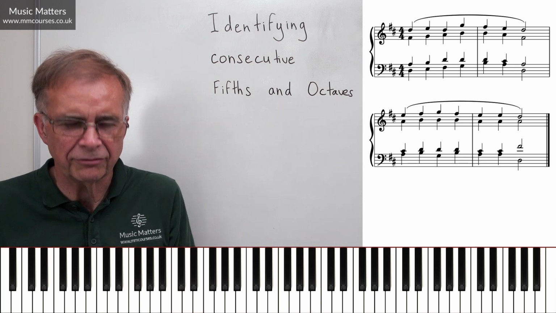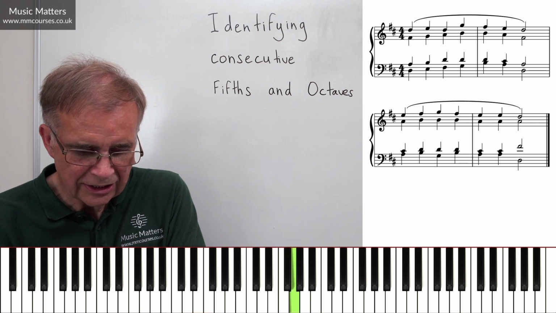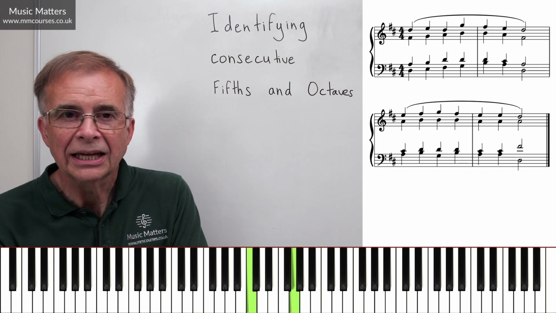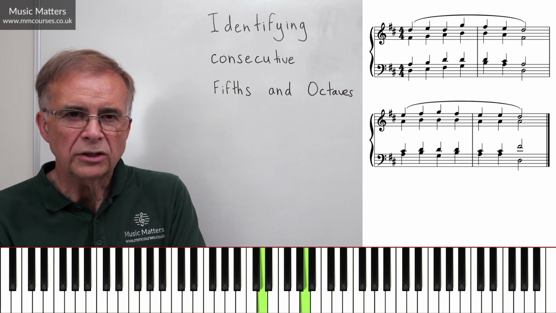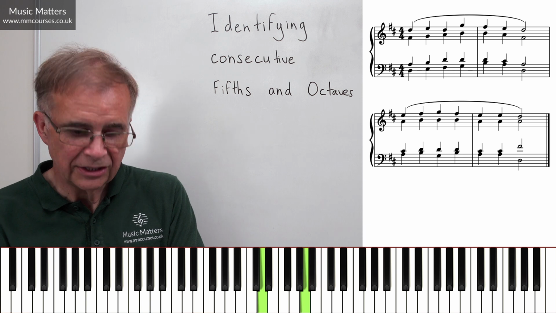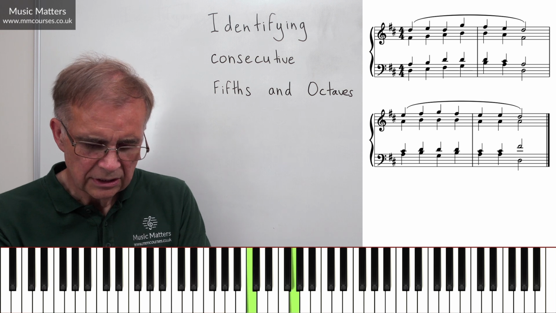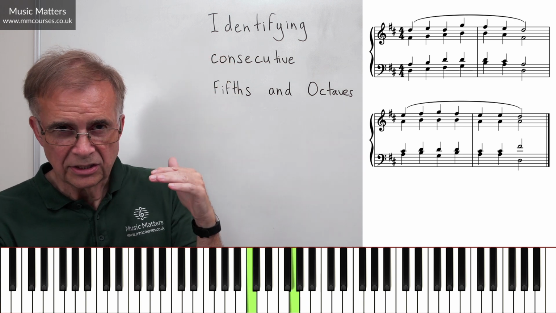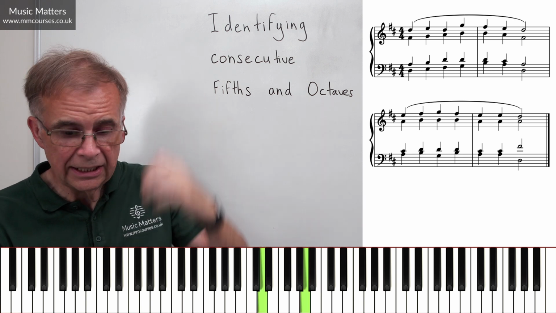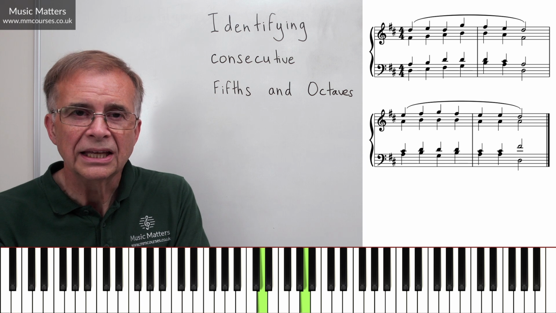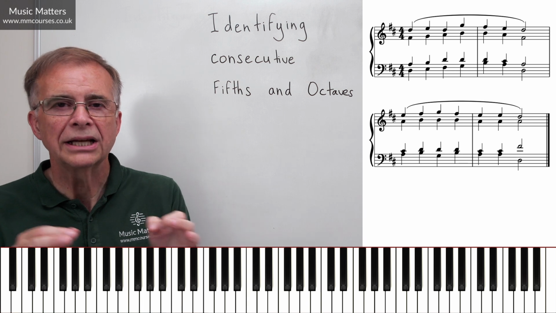So let's just think about that for a moment. Say in my first chord, I've got G in the soprano part and C in the alto part. And then when we move on to the next chord, those two notes move up one. So I've got A in the soprano part and D in the alto part. Well, in the first chord, C to G is a perfect fifth. Second chord, D to A is also a perfect fifth. So they would be called consecutive fifths or parallel fifths.